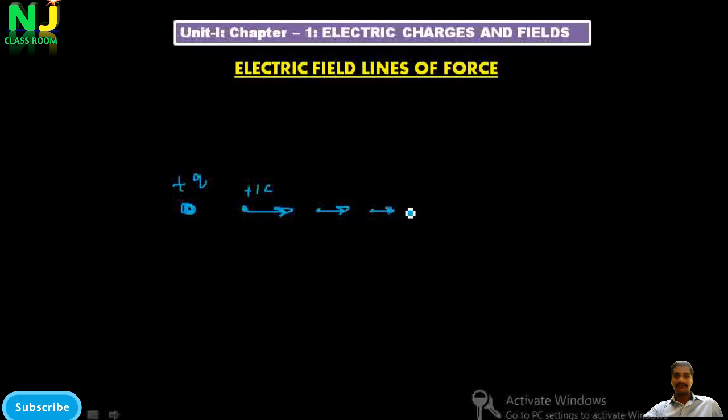As the distance increases, the force goes on decreasing. Like that, if you join all these lines, these are the path followed by the unit positive charge. So in an electric field due to the point charge, this is what is called the imaginary path followed by the unit positive charge in an electric field due to the point charge plus Q. For example, if you consider a unit positive charge here, it experiences force in this direction. If you free the unit positive charge, it begins to move in this direction. This is what is called the path followed by the unit positive charge.